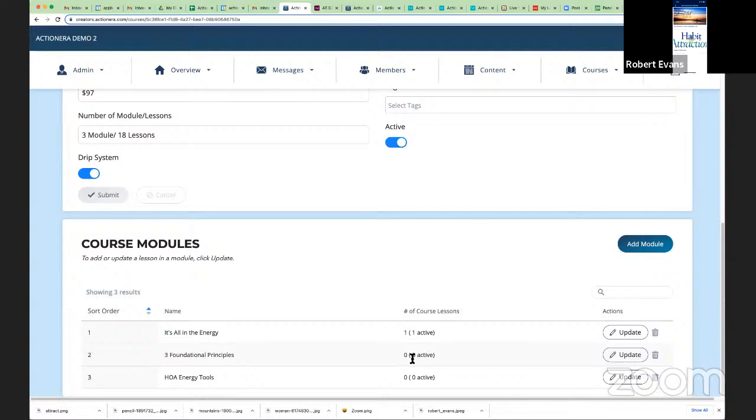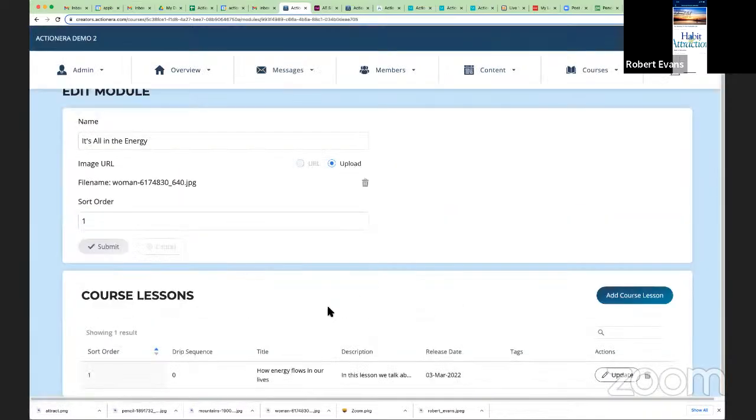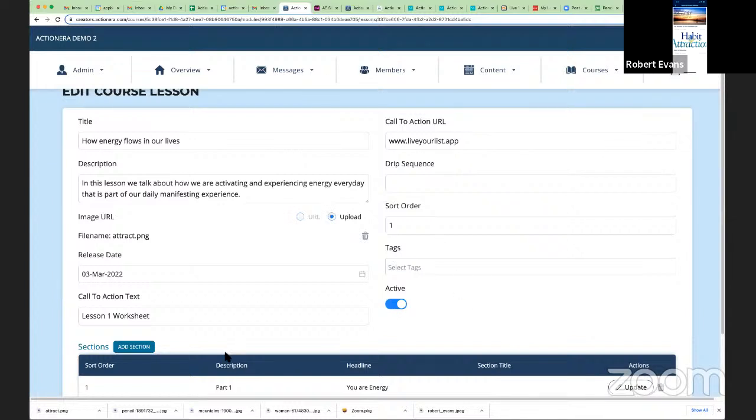And if they pass, then they get access to the content of module number 2. Okay. That's where the tags come in. So the way it works is that at the end of the last lesson in the first module, let's say this is the last lesson here, the call to action would be take quiz